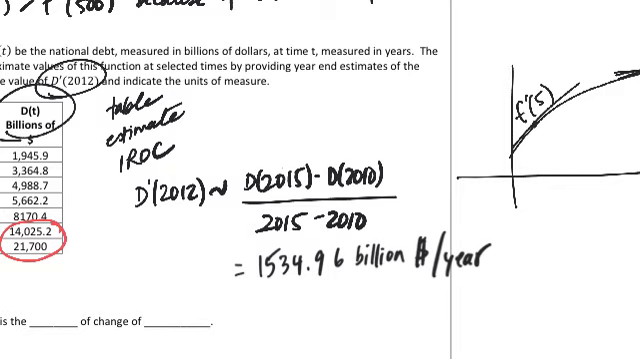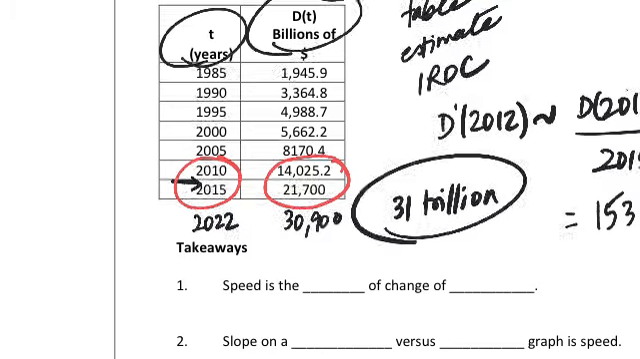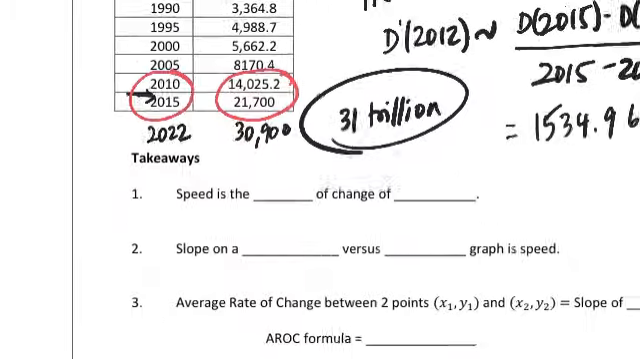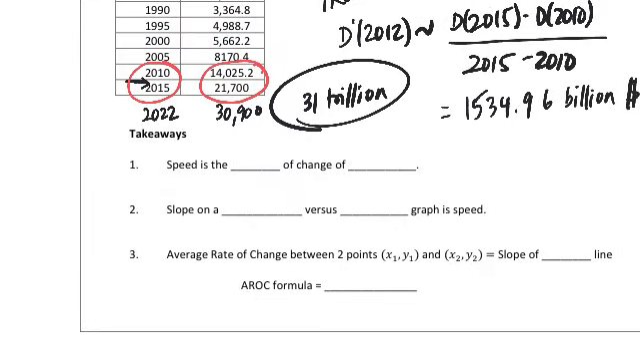That's massive. In case you're curious, in 2022, this debt is now 30,900 billion. So that means 31 trillion. Ouch, that is quite a debt. Anyway, okay, so let's see, what are our takeaways? I mean, there's a lot of takeaways here. In fact, I feel like I didn't write enough takeaways, but let's just conclude by saying